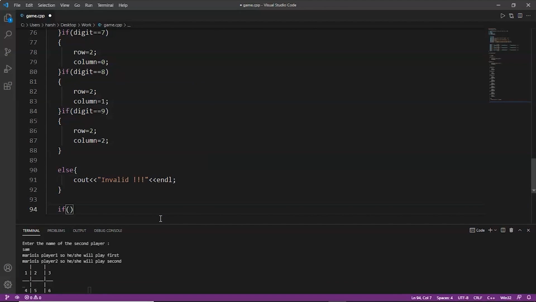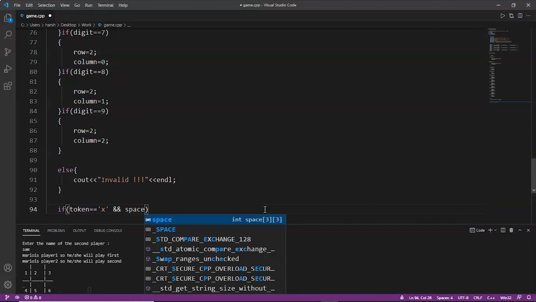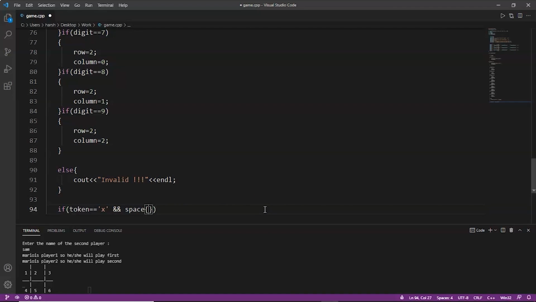So we'll start with if the value of token is cross and space array, that is row, and here we'll write column not equal to x. That means